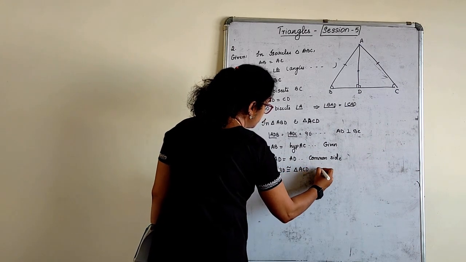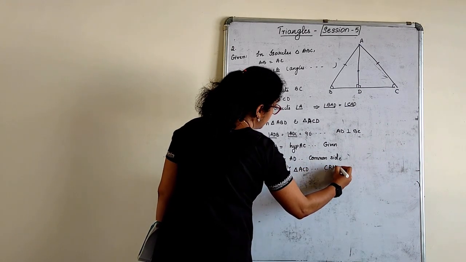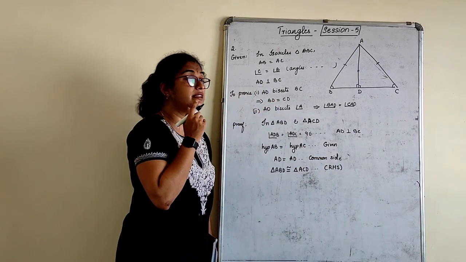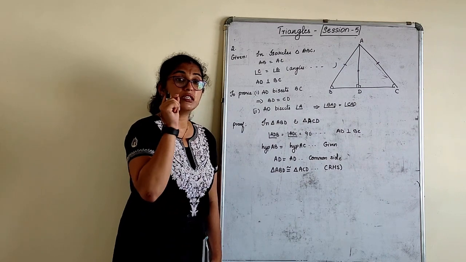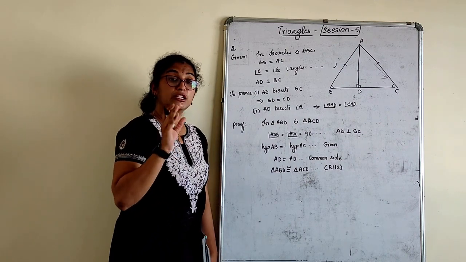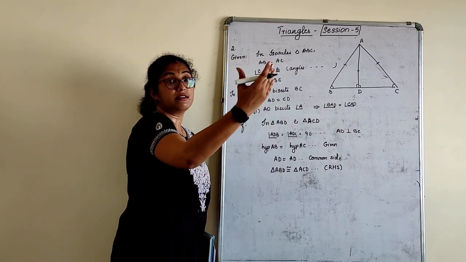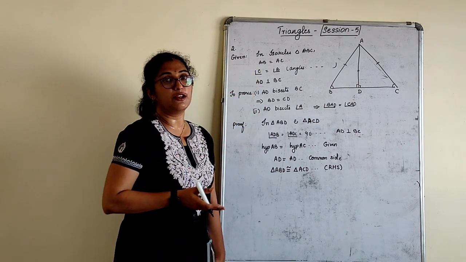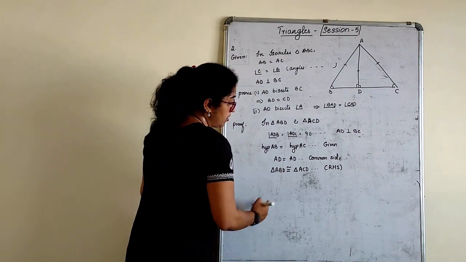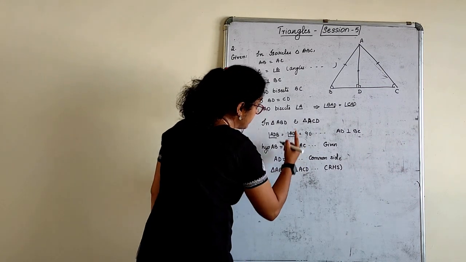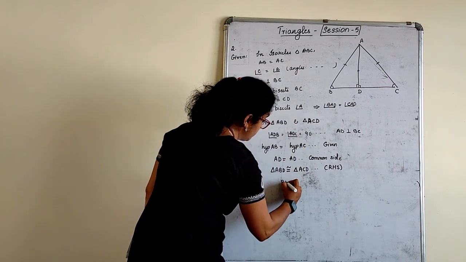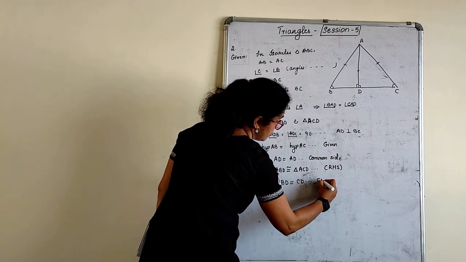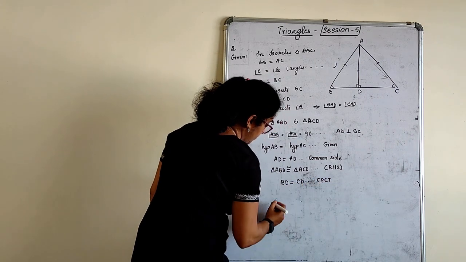Now how will you come to know whether RHS will come or not? What if you go wrong? Whenever in a given triangle you come across a 90 degree angle, check whether the opposite side or any side is a hypotenuse. If it is there, then definitely go for it. Okay. Now with this, let's write CPCT. BD is equal to CD, CPCT. This implies